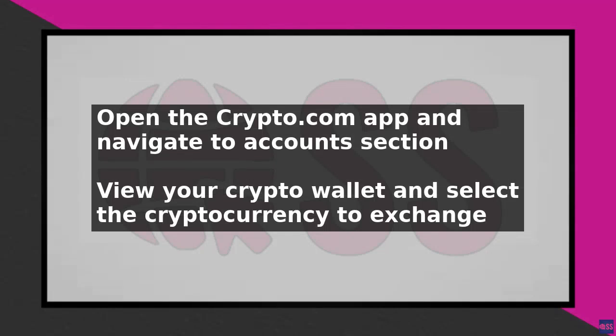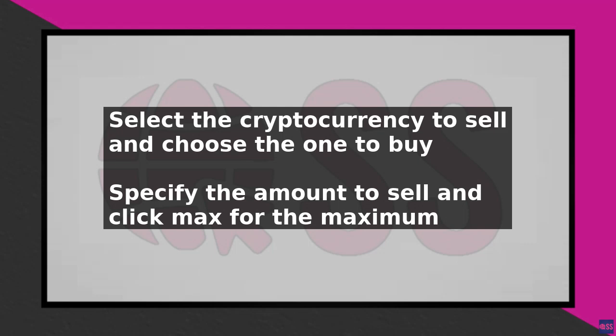To exchange cryptocurrency on the Crypto.com app, start by opening the app and navigating to the Accounts section at the bottom. This will display your crypto wallet, where you can view all the cryptocurrencies you currently own by clicking on the drop-down menu. If you want to exchange one cryptocurrency for another, select the specific cryptocurrency you wish to exchange,